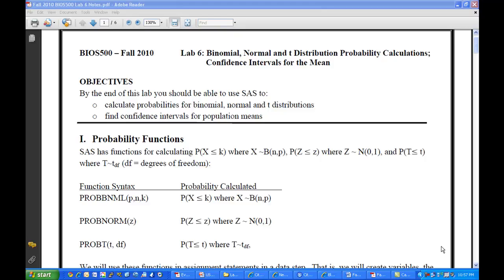This is the first of two recordings for BIOS500 Lab 6. In this first recording, we're going to talk about how you can use SAS to calculate probabilities, which you normally would use either the binomial formula for or the Z or the T tables, depending on which random variable you're